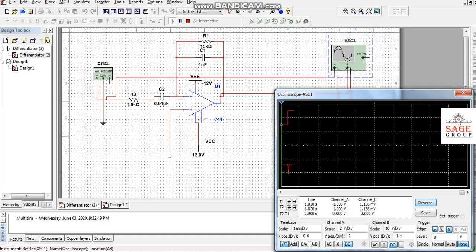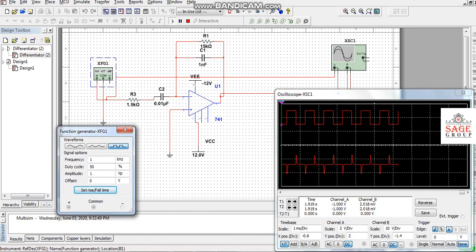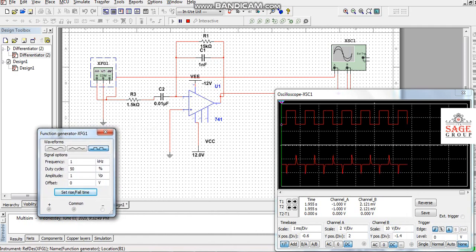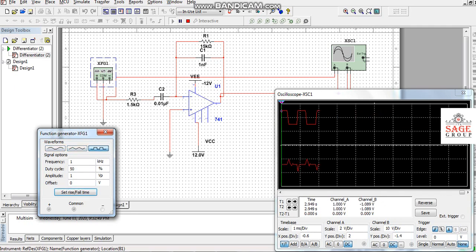If we want to see both input and output, here we are giving the input. There are three signals displayed: this is the sinusoidal waveform, then the triangular waveform, and the square waveform. We are seeing this circuit particularly for the square waveform.